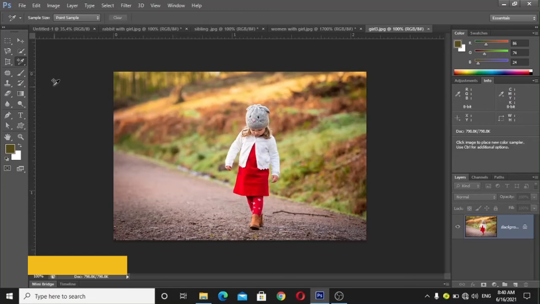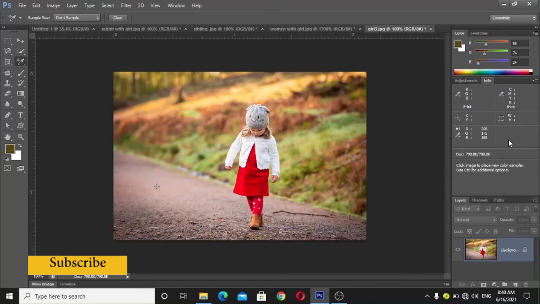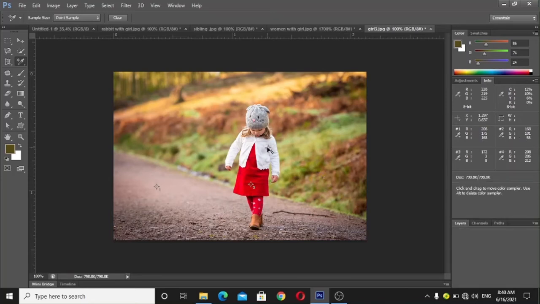The sample tool, meaning the color picker sample tool. Like I sample this color. You can also see the color display or color property display here, like this color and this color. Four colors at a time may be selected and their properties are here. You can see all the properties of the color, their RGB values, are displayed here.